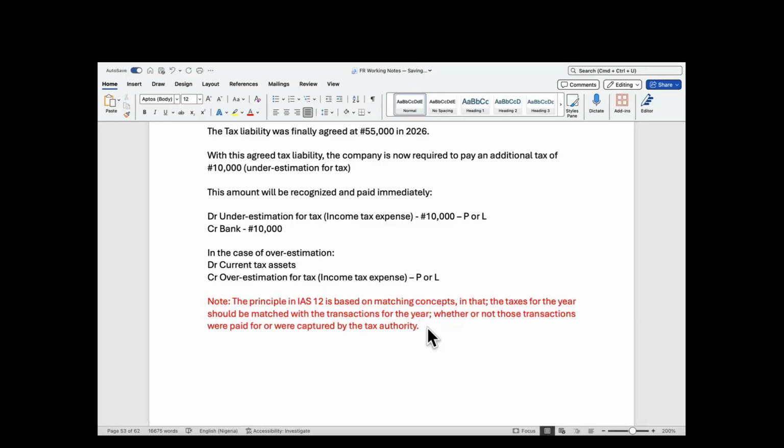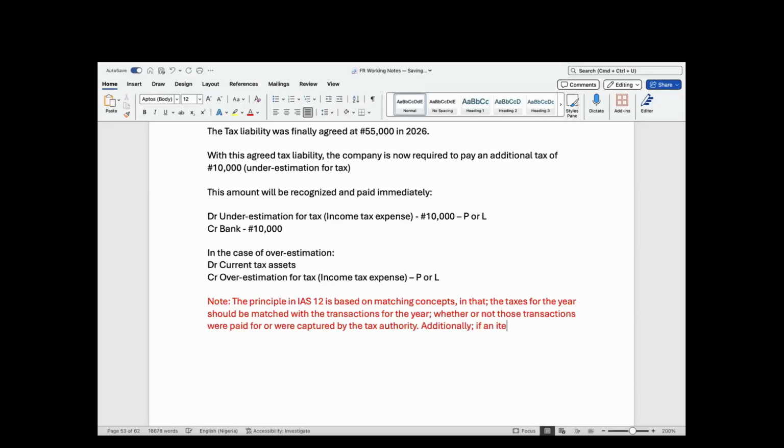We believe that every transaction has a tax implication. And any transaction that occurred this year, you must match it with the tax, meaning the tax must be recognized this year. So whether or not those transactions were paid for or were captured by the tax authority, you need to recognize it that year. Make sure you put it in your books that year, right? And also, additionally,